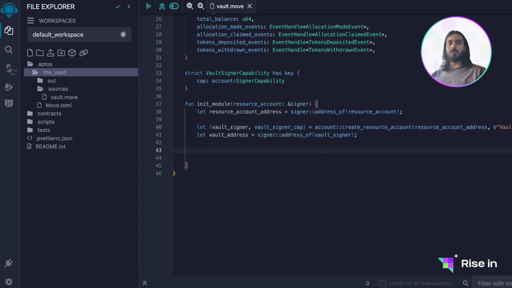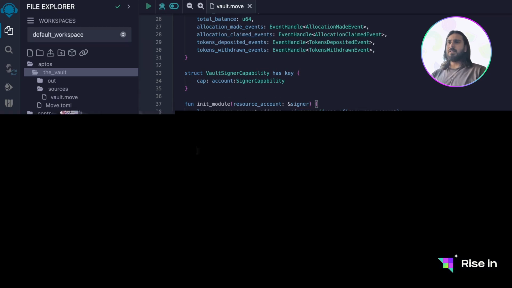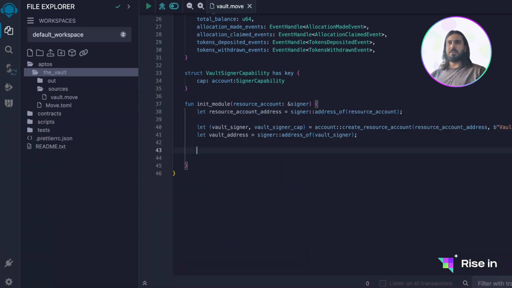Now we created the signer for the vault, and then we got the address, and this will be our vault's address. Now what we need to do is register this vault's address so that it can actually work with Aptos coin. For safety measures, Aptos doesn't let addresses work with coins if they are not registered. For that reason, first we are going to check if it's registered, and if it's not, we are going to register this address. Let's say